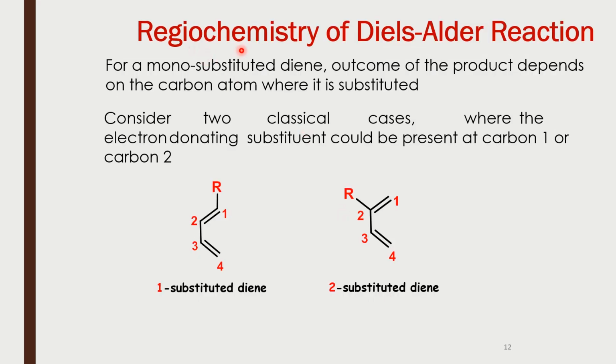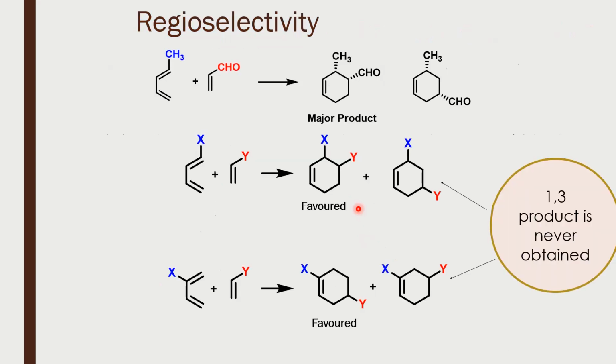Now we have discussed the stereochemistry with respect to the diene and the dienophile. What about the regiochemistry of the Diels-Alder reaction? Because if I have my diene, it's a one substituted diene or a two substituted diene, depending on the nature of the substituent in the diene, I could end up with regioisomers as can be seen here. So this is a one substituted diene. When it reacts with the dienophile, we know that the endo product is the major product. Both of these are endo products, but what is the difference between the two? This is a 1,2, or many often books refer to it as ortho product. This is a 1,3 product.